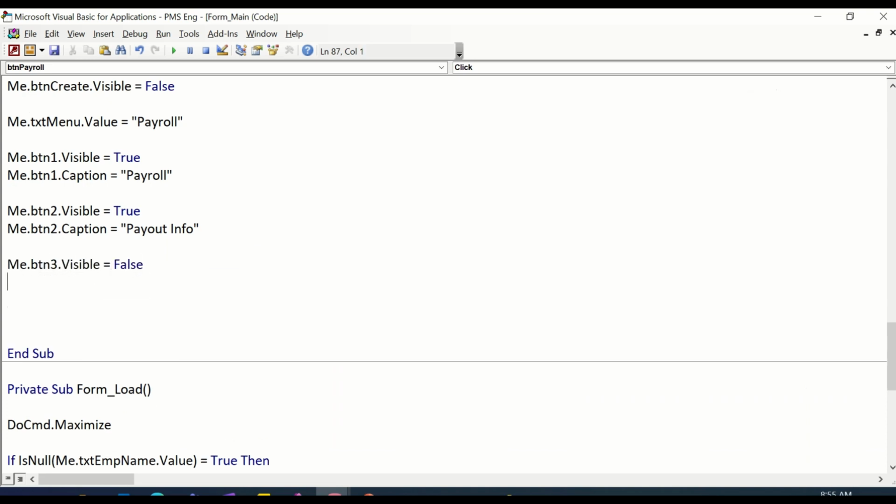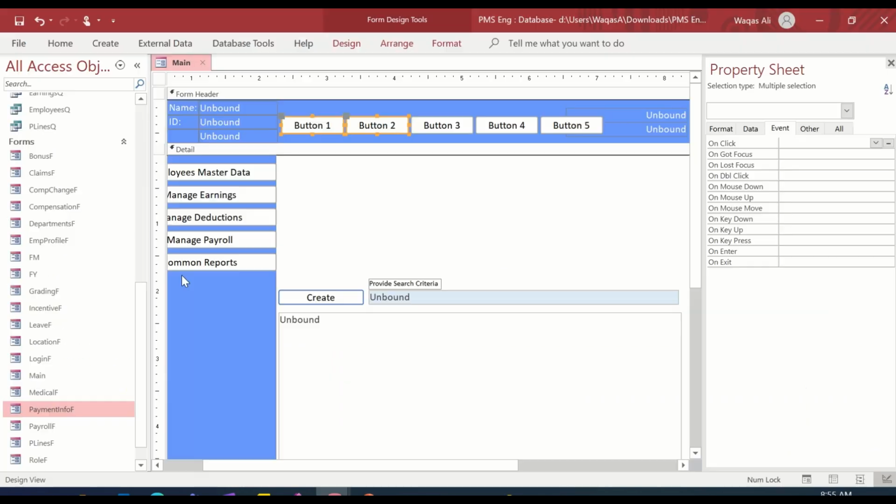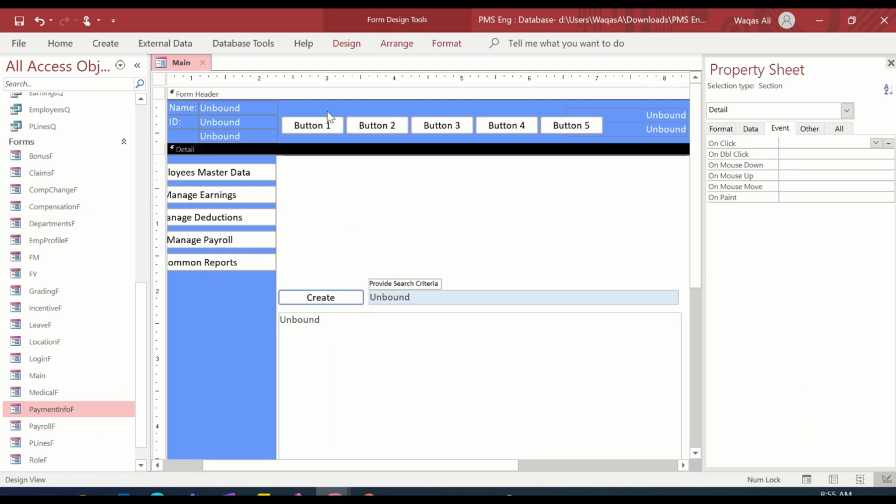so that goes here. Me dot btn 4 dot visible is equal to false. Me dot btn 5 dot visible is equal to false. All right, that's cool. That is done. And now we will